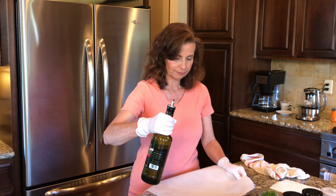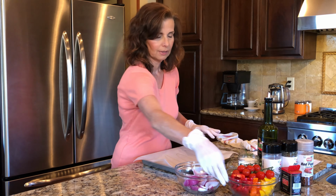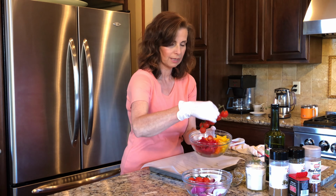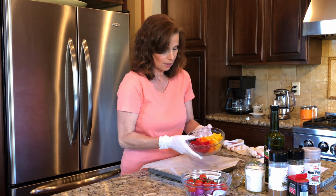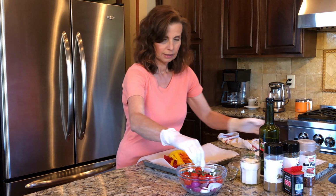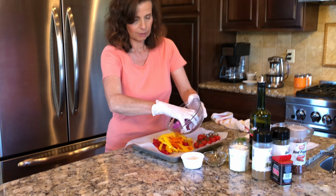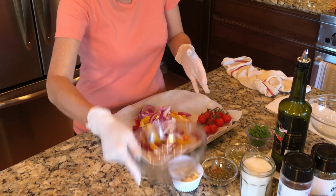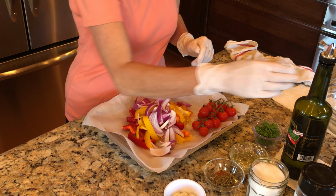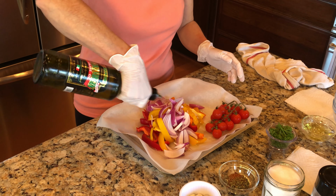I'm going to put a little bit of the olive oil in here just to get it going. And I'm going to literally put all of my goodies in here. I'm going to put these aside for a second because I want to put them on top as is. So I'm going to put my 3 different colored peppers right here. And then let's put all these off to the side. And then let's put the onions right here. And then I'm going to go ahead and leave these for last because I don't want them to sink down too much. And let's put a little more olive oil on top